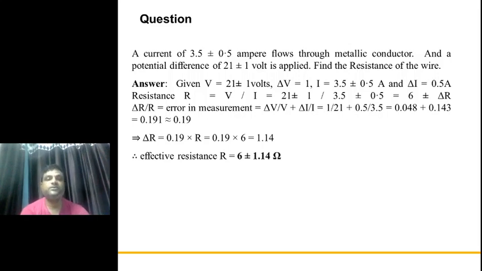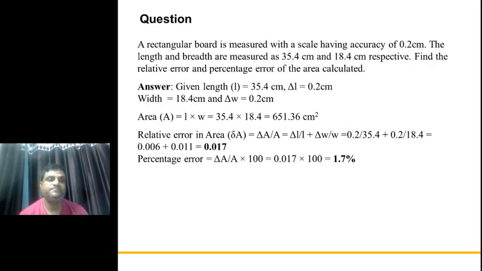So this question is again very simple, and it does not use any formula. You just read the question, use your own mind and calculate, because here the only trick is to write delta R upon R equal to delta V upon V plus delta I upon I. Generally you people are not familiar with solving questions like this. Once we get this trick, you are able to solve this particular question. I think you understand this. Then again we move to the next question.